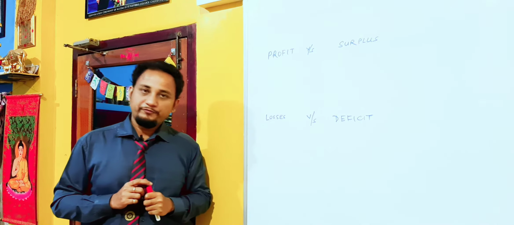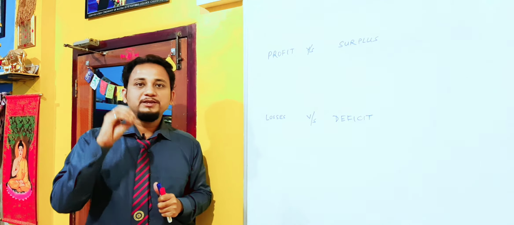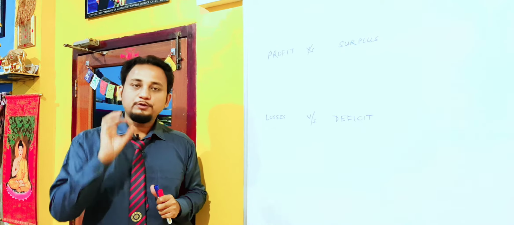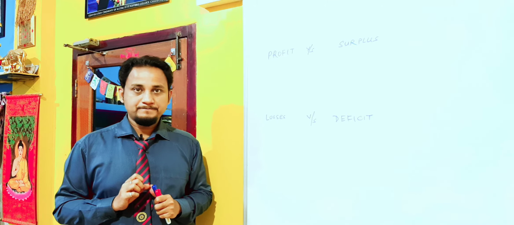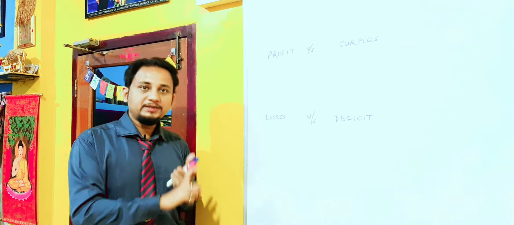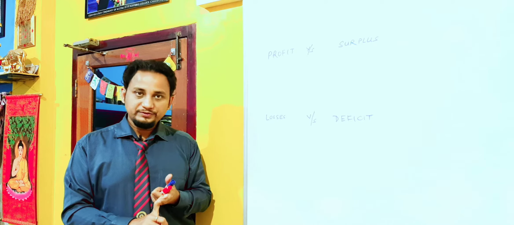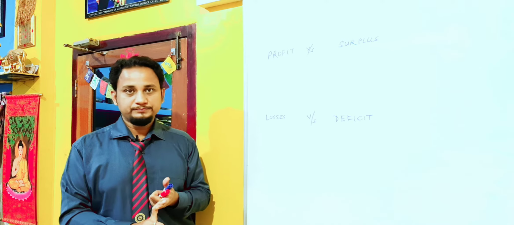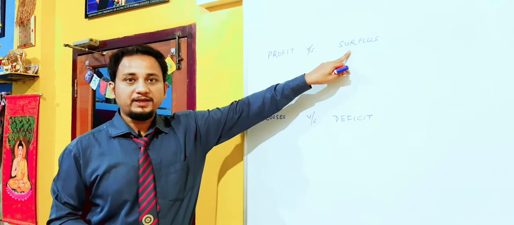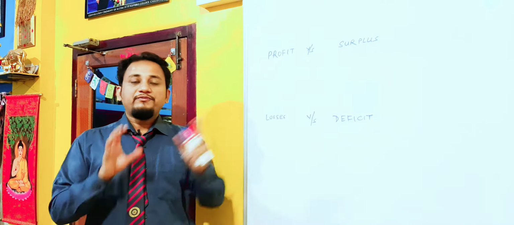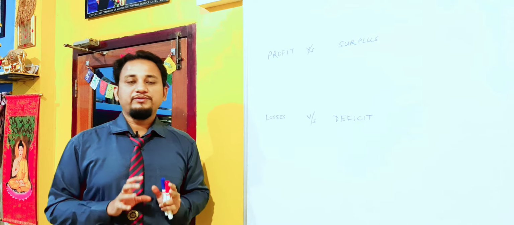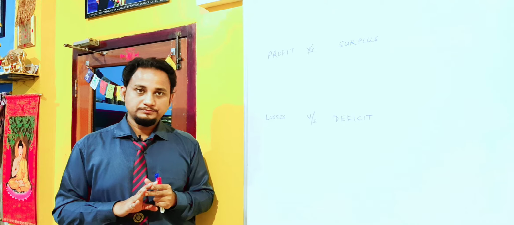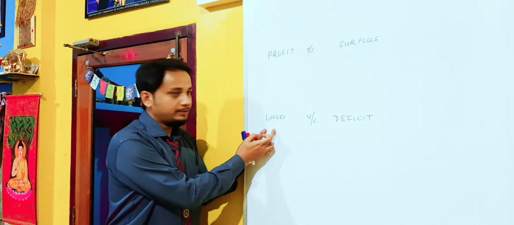When we say profit, the profit always belongs to the owner or owners, meaning the contributors of the capital. So it is a liability of the firm to distribute the profit to the owner or among the owners. But when we say the word surplus, that means the firm doesn't have any sort of liability to distribute it to anybody else.